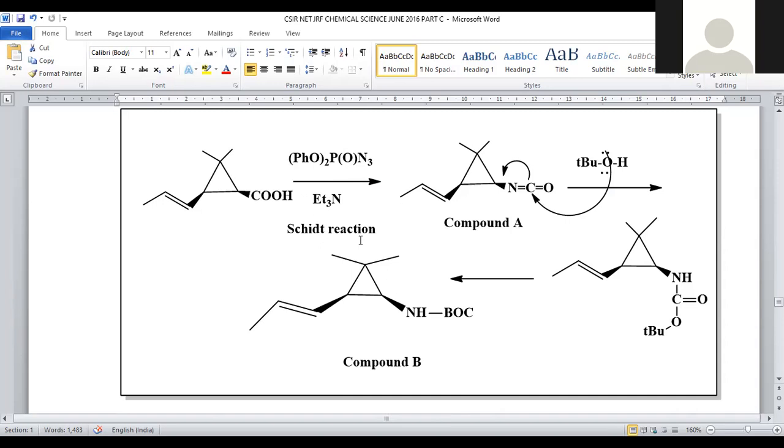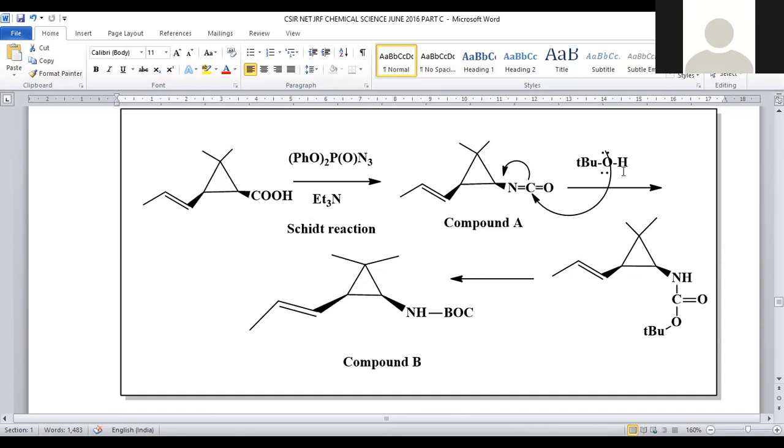Here carbene, nitrene intermediate reactions, so many named reactions are present, right? So Hofmann reaction is there, Schmidt reaction is there. So many reactions are available. Specifically here a nitrene intermediate is generated because the azide group is there at the terminal center. Here we have a carboxylic acid, so that reaction proceeded with the Schmidt reaction. The Schmidt reaction always leads to formation of an isocyanate intermediate. What is the intermediate generated? Isocyanate intermediate is generated. So that isocyanate intermediate is what we expect as compound A.